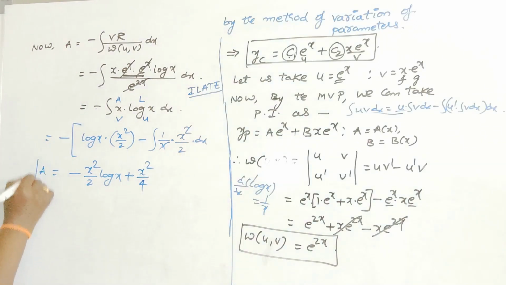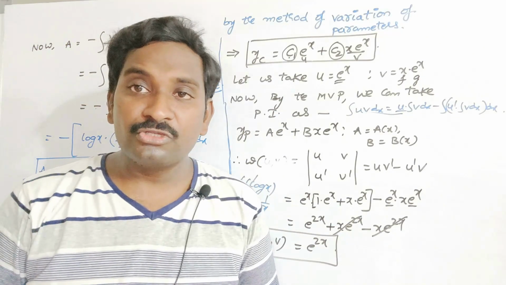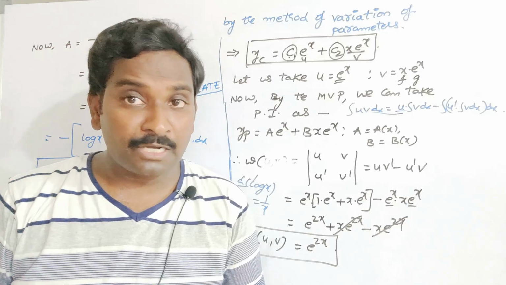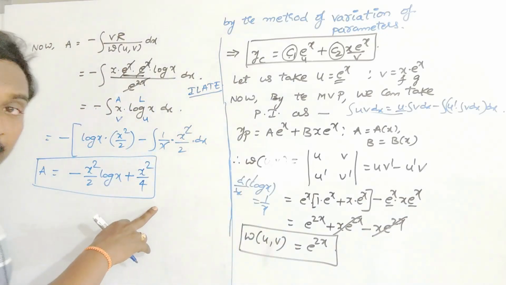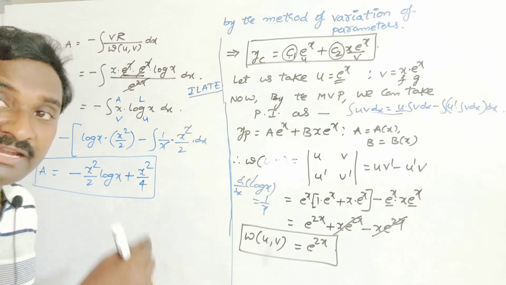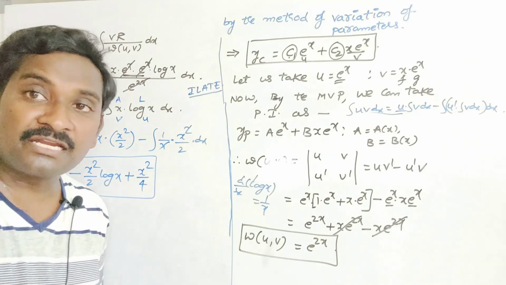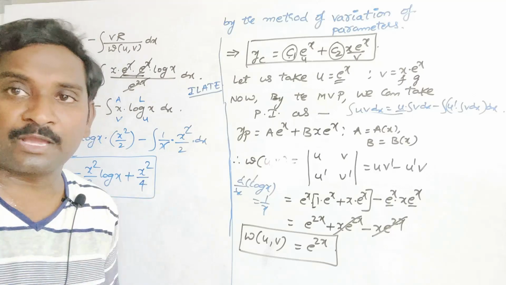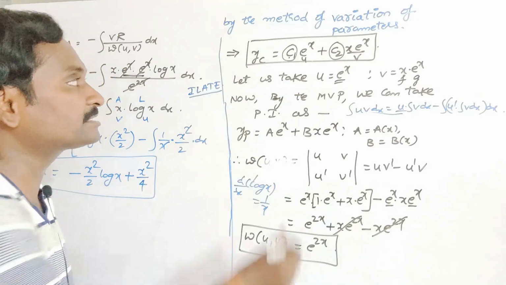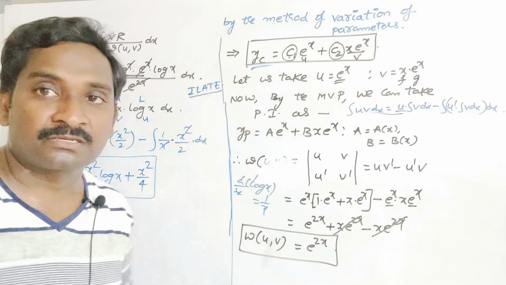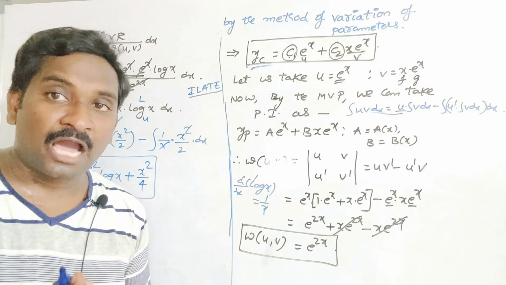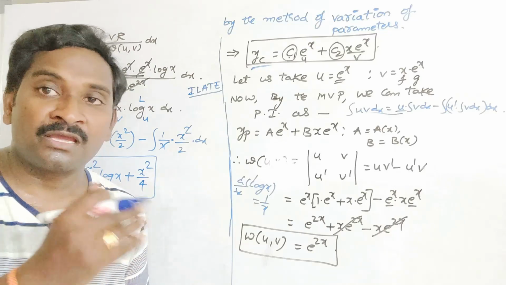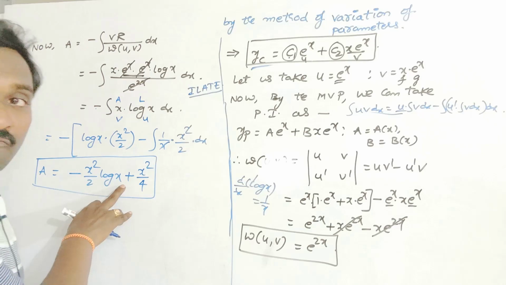Actually, after completion of any integration we should add the arbitrary constant, but don't add any arbitrary constant here, because the given differential equation is a second order differential equation, so its general solution should contain only two parameters, and already two parameters came in the complementary function. So don't take any arbitrary constant whenever you are taking the integration in the case of yp.